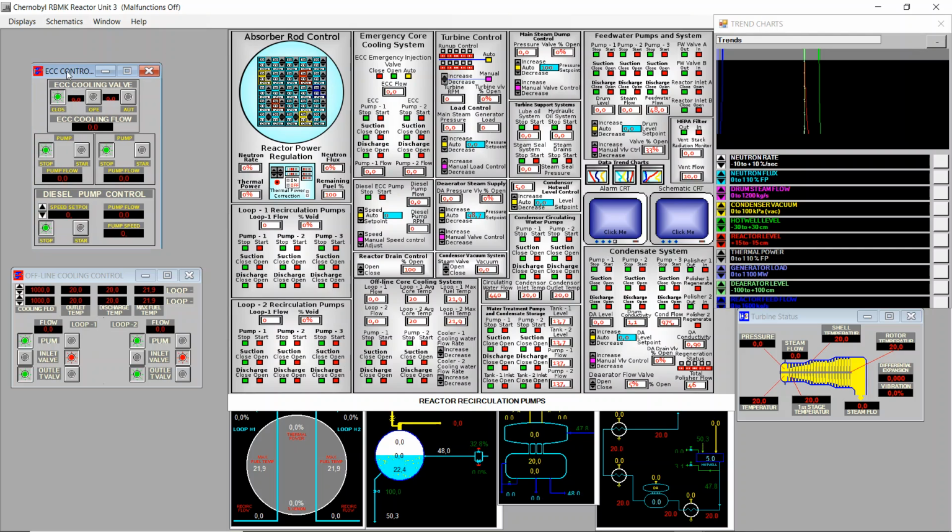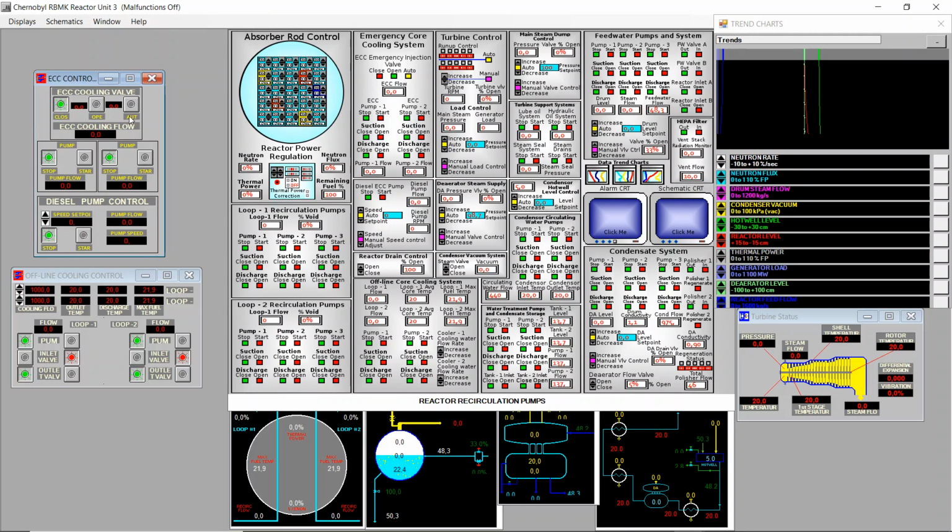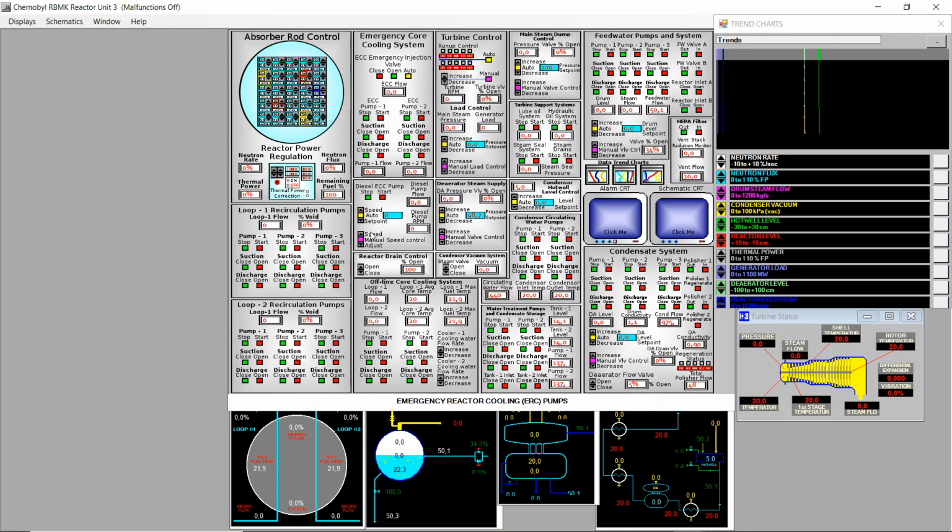diesel generator unit that generates electricity to run these pumps. So this is the one we need to activate here and set it into auto. In case everything else fails, this will cool down the core. In Fukushima this also failed because the wave, the tsunami, broke the pipelines that were used to bring the diesel to the generators. Okay, so we can close these 2 already, and now we can go to the deaerator steam